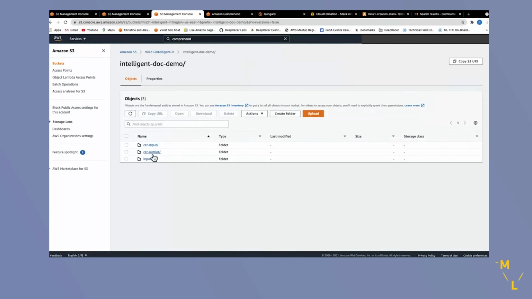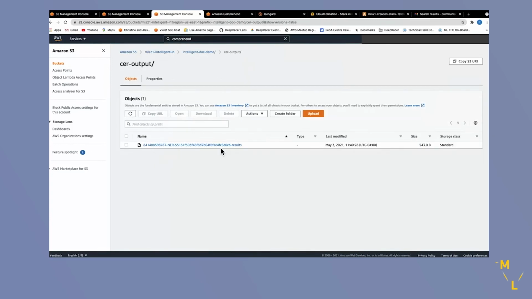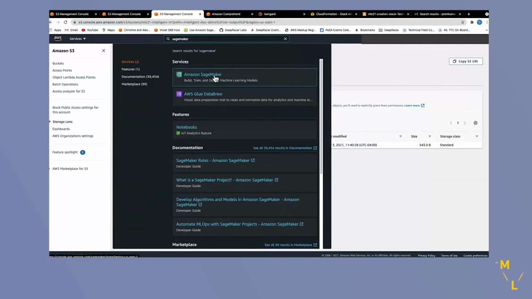And here our output folder has been created. This is what we will send to our Amazon Augmented AI UI. So let's see that as a next step. The next step is for us to go and look at our labeling UI URL, login, and review the predictions from the Comprehend custom entity recognizer, make changes to it, and submit.